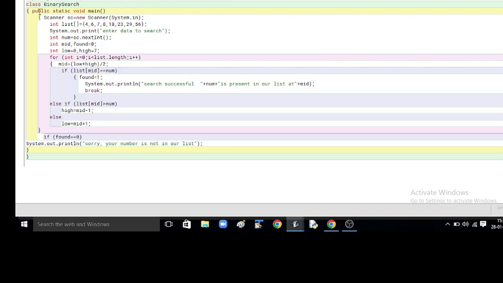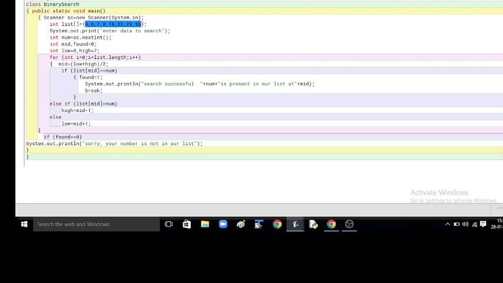So this binary search method is very fast and there is no need to search in each and every place. The list is divided in half, so it takes just half of the time if we compare binary with linear search. But the condition is that in binary search, the numbers should be sorted. If they are not given as sorted, then first you have to apply a sorting step, like the bubble sort method I will explain next. So first you have to sort the list and then you can do binary search. So these are the two types of searches.